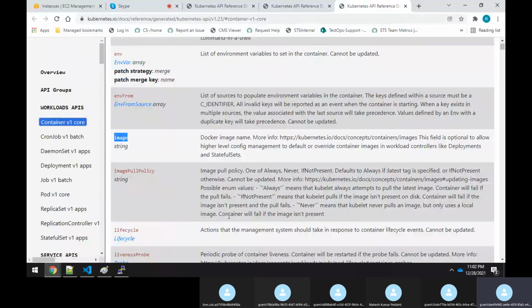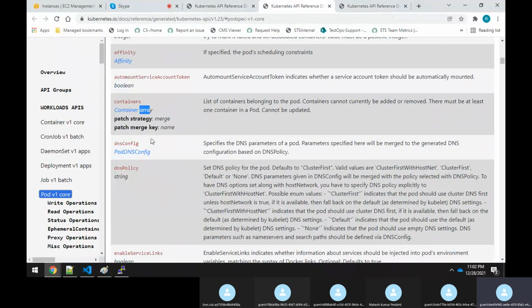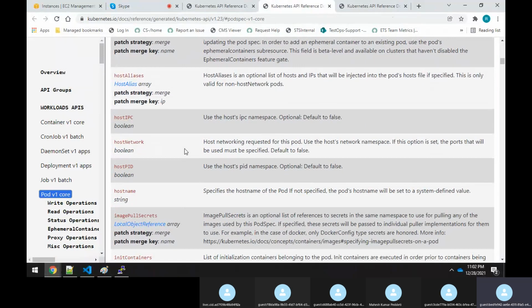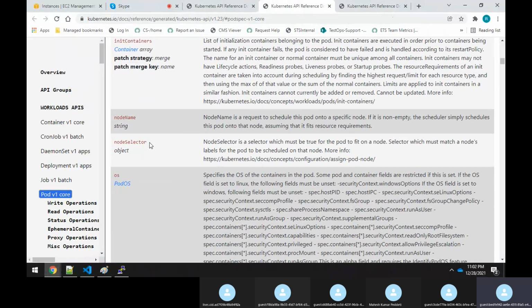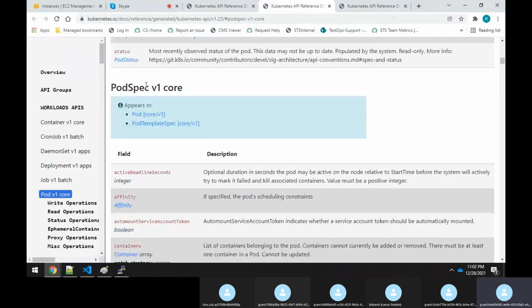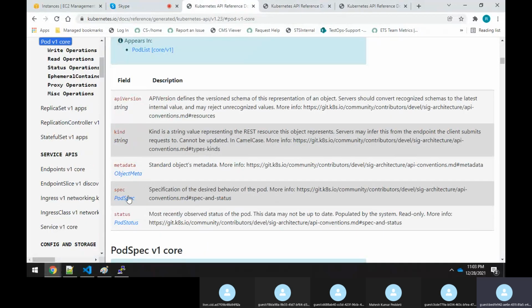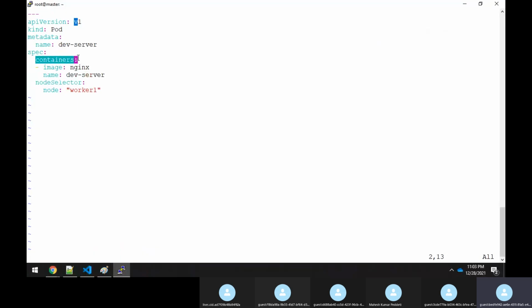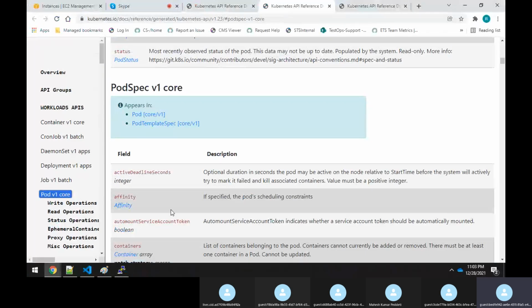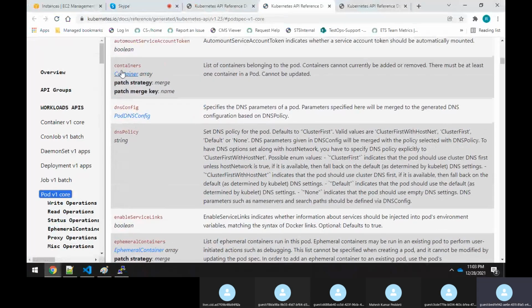Because we are mentioning the label here, if you come over here you have something known as a node selector. It comes under your pod spec itself, at the same level as containers. From the spec I went to containers, and within that to the container array.